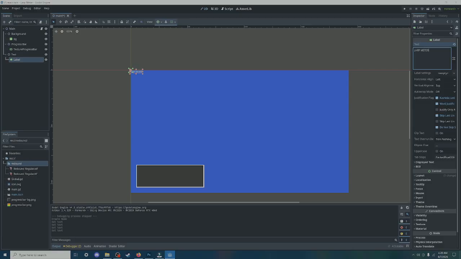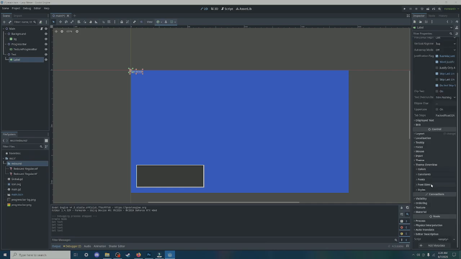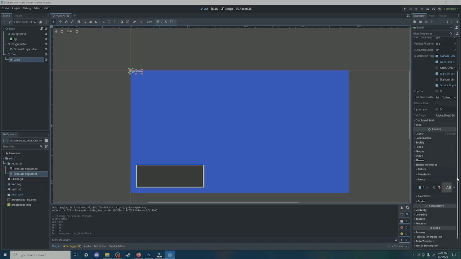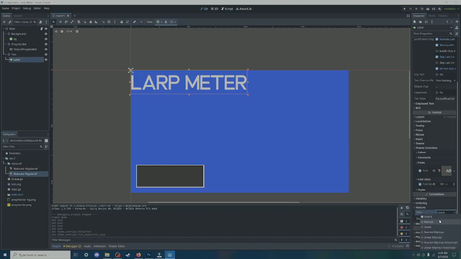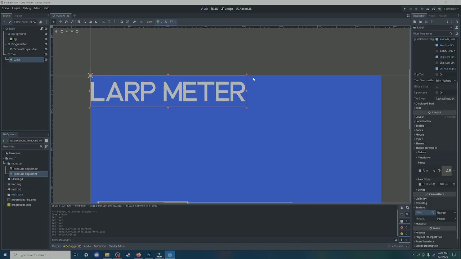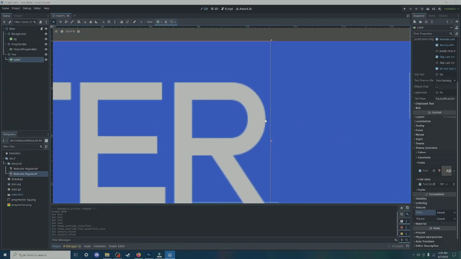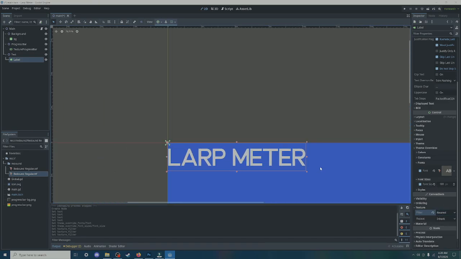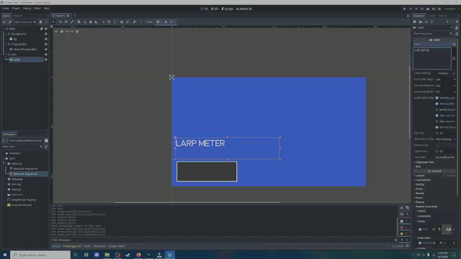Larp meter. And then theme overrides is where we want to be right now. So we can go to fonts, drag in the TTF, and we can boost the size. I like to go into texture and go to nearest, so it doesn't try to interpolate the pixels. It gets all blurry here. I don't really like that, so let's go to nearest. It makes it sharper, you know. We don't need it that much. Something like that, and then